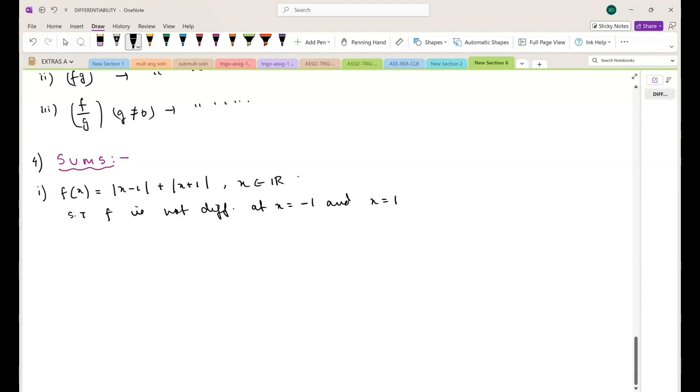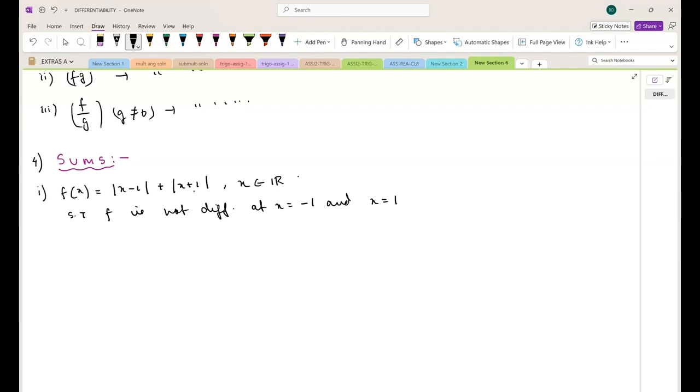Now, when the sum says show that, obviously we have to show it from the definition, but already from intuition you know that |x − 1| will have a corner at +1 and |x + 1| will have a corner at −1. So at these two corners, the function cannot be differentiable. So this is an example of a function which is continuous over whole of R, but not differentiable at 2